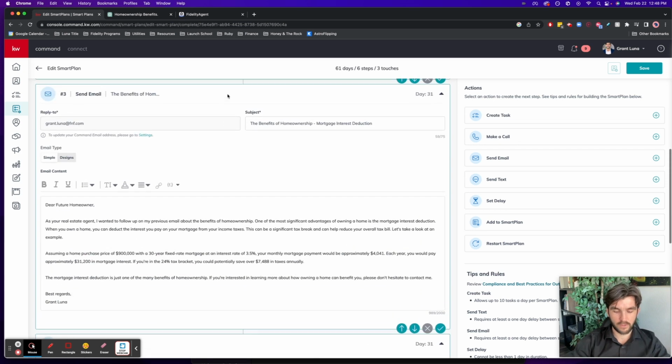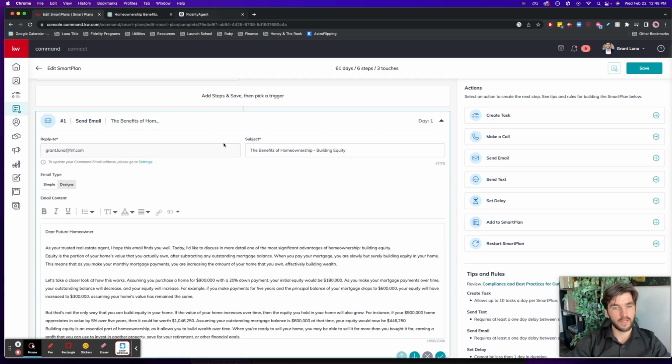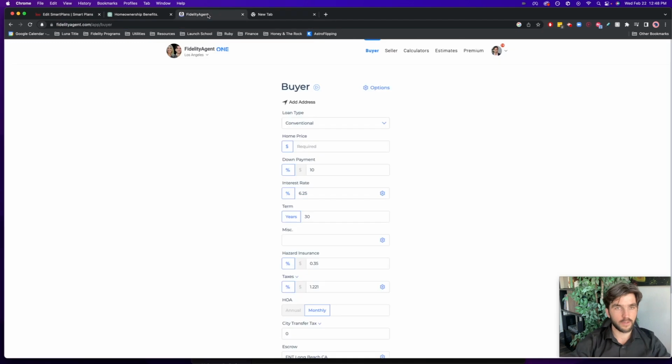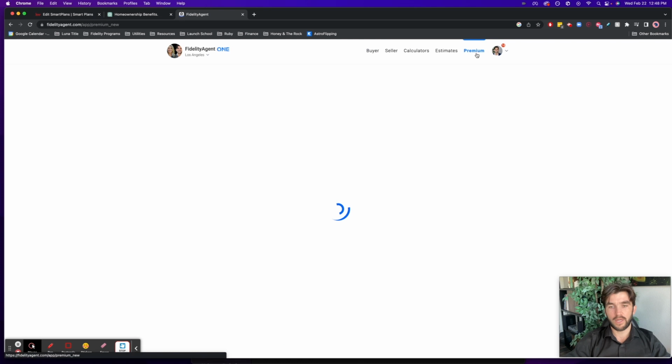So I wanted to add one last wrinkle to this for you, and that is implementing some form of lead capture. And this is where Fidelity can come in. So we actually have a resource called Fidelity Agent One. I'll throw a link in the description for a download, walkthrough, and how to actually get this app set up